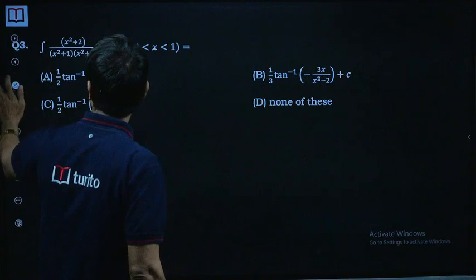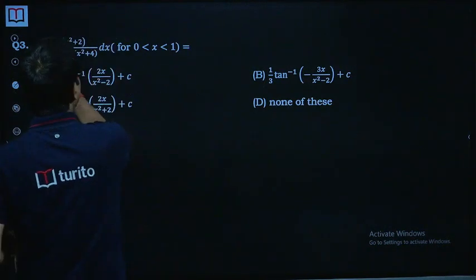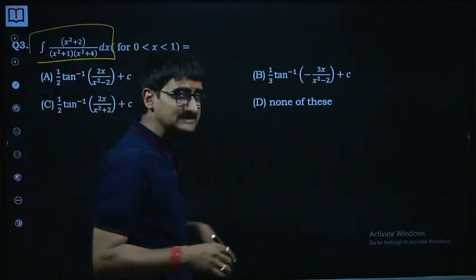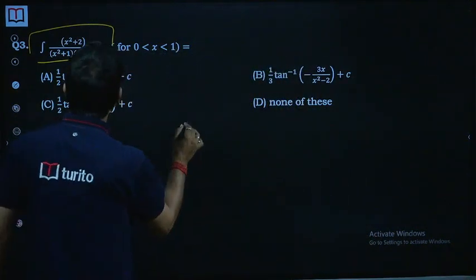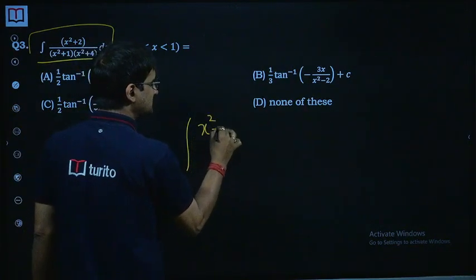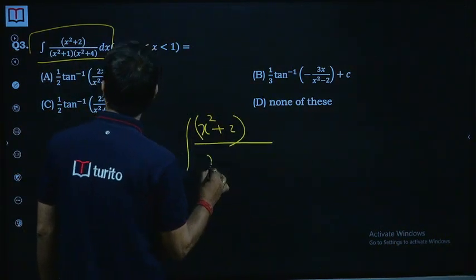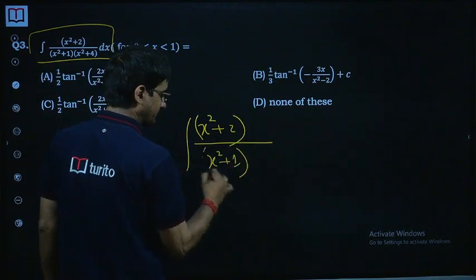So that's it. Now moving to the third question. The third question is a very simple thing, but why did I choose it? Because normally the mistake which students commit here is